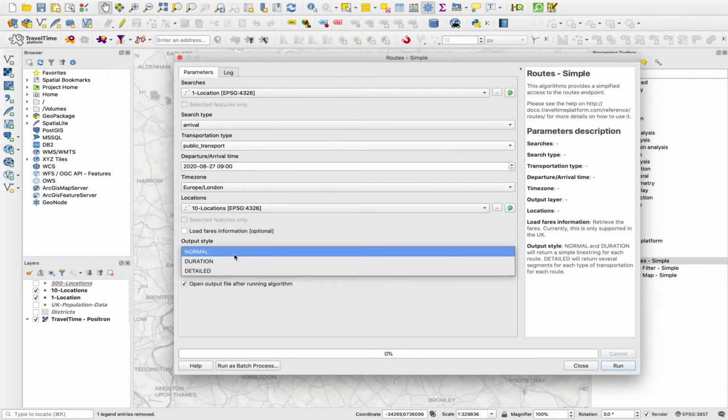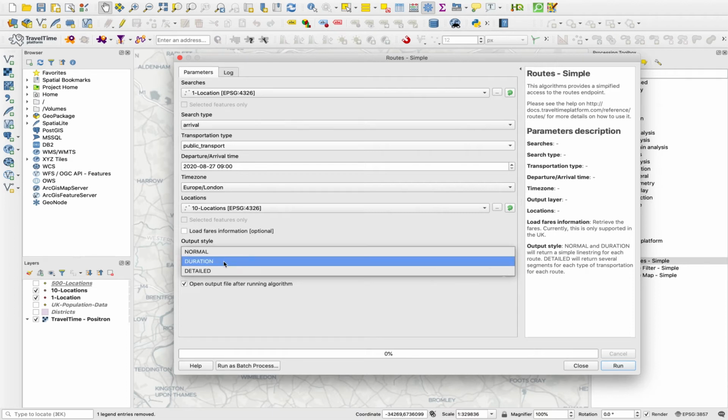And there are 3 different output styles that we can use. And these affect both how the routes are displayed visually on the map and also how the attribute table works. So normal will display each end-to-end route as a different color, so you can identify each separate end-to-end journey. Duration will display different colored routes based on buckets of total travel time. So say from 0 to 5 minutes would be one color, 5 to 10 minutes would be another color, etc. To give you a sort of visual sense of which are the longest routes, which are the shortest routes